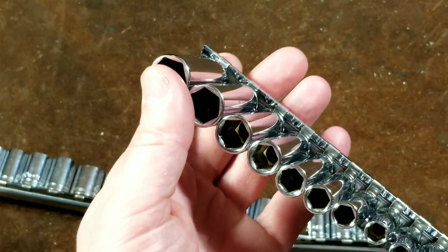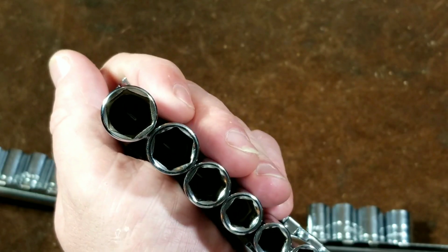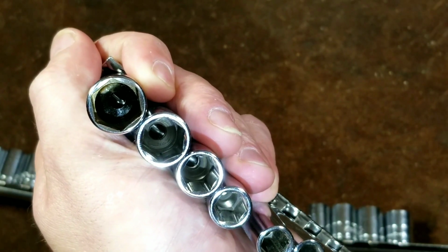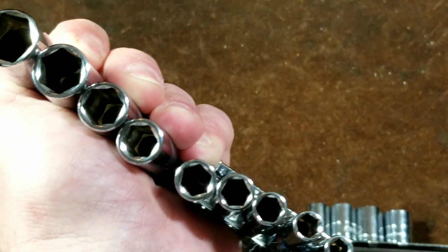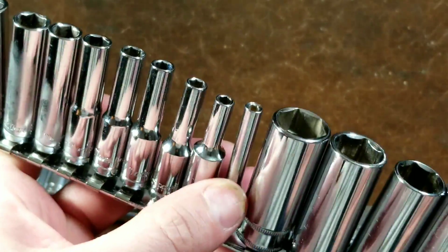This one on the end is a Snap-on right next to the Mastercraft Pro. And even inside, if we can get a look there, yeah, even inside, they're just great. Really not a whole lot of difference, even though there's a huge price difference between those two sockets retail. And it came with a nice set. Down here, this little one's a Williams 1/8 inch